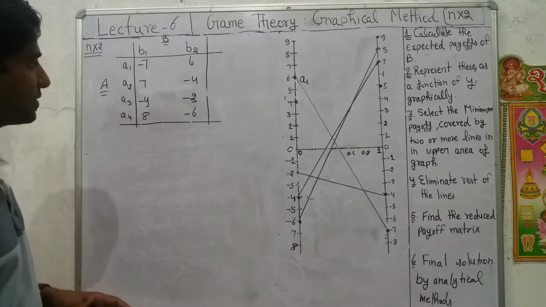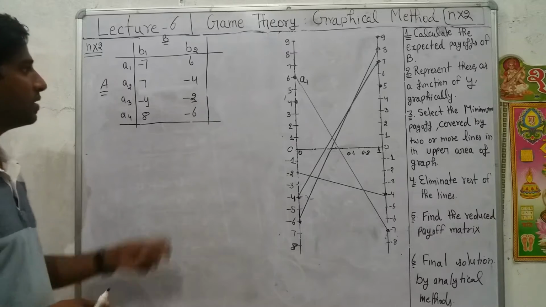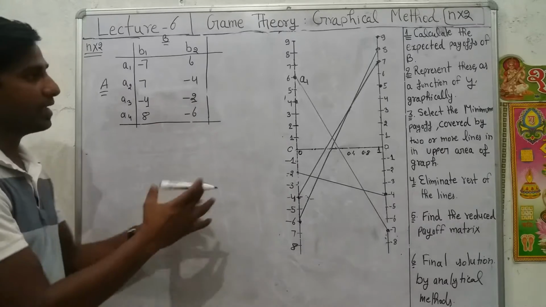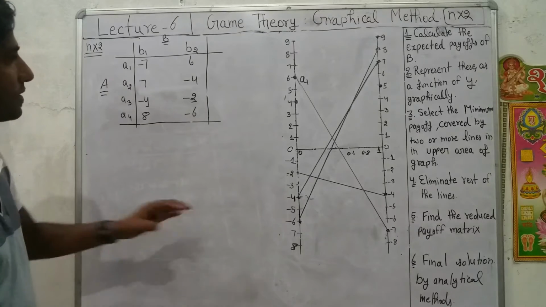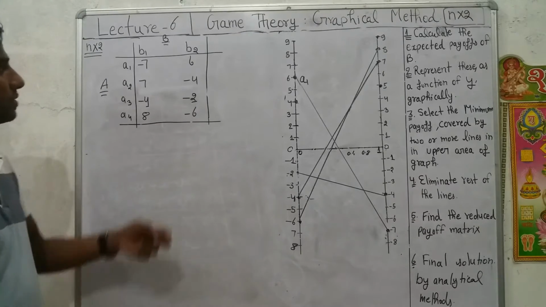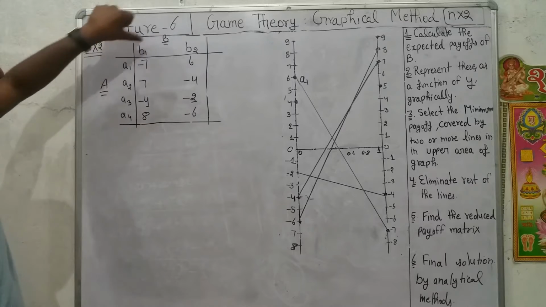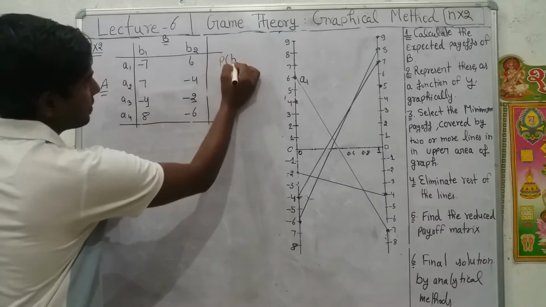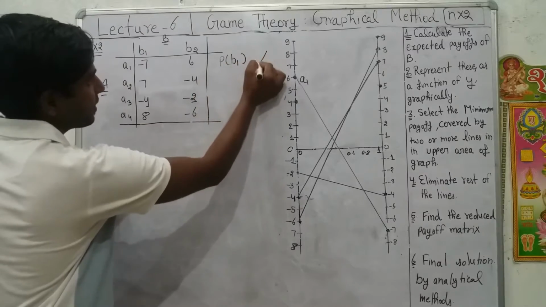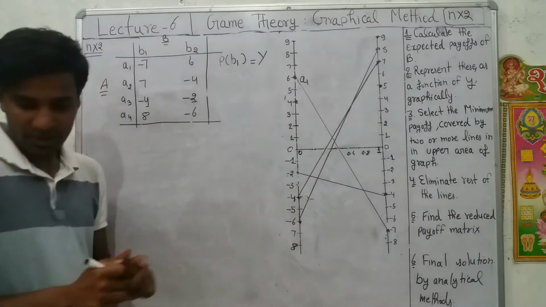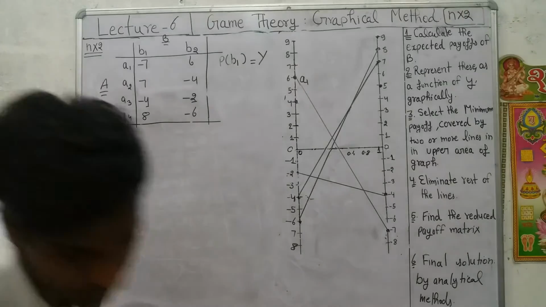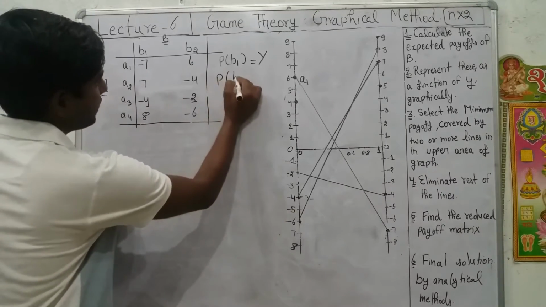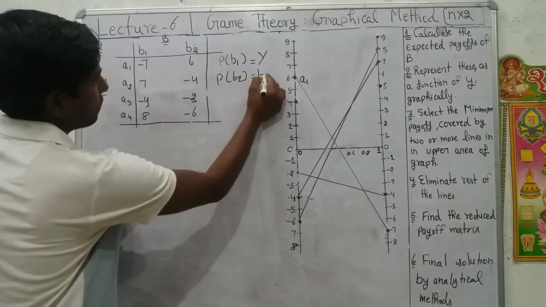So in the first step, we try to reduce the order of the game to 2 by 2 order by applying the graphical method. So let's start the process. Suppose in response to A, company B employs strategy B1 with probability Y. The probability of applying B1 strategy is Y and the probability of applying B2 strategy is equal to 1 minus